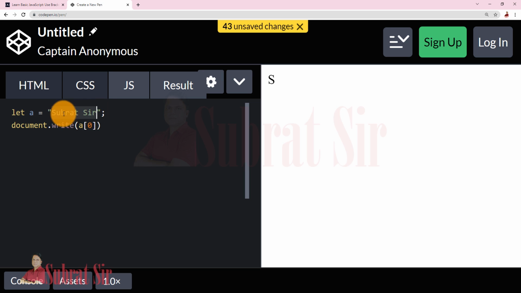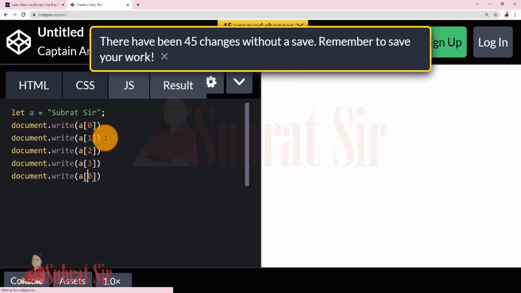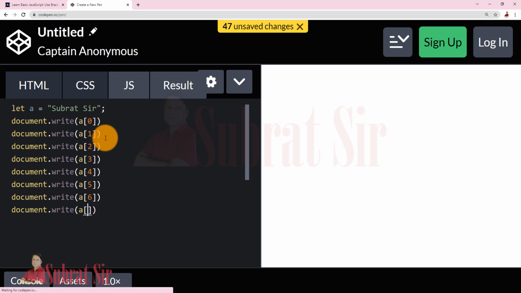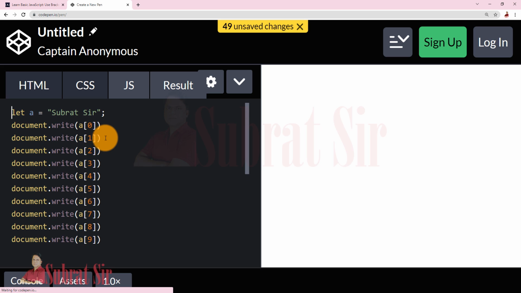These 10 different characters we will put in 10 different variables and it will start from 0. A of 0, A of 1, A of 2, A of 3, A of 4, A of 5, A of 6, A of 7, A of 8 and A of 9. So we have a total of 10 characters starting from 0 to 9 and these numbers are called the index number.